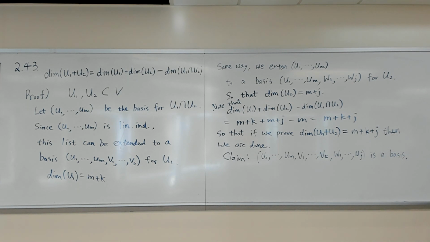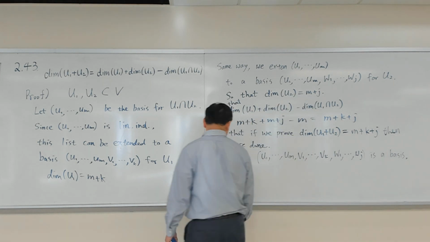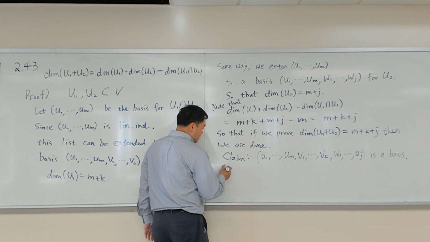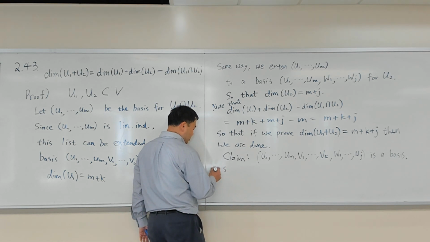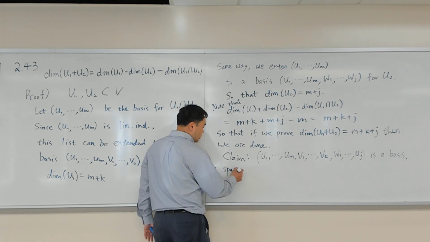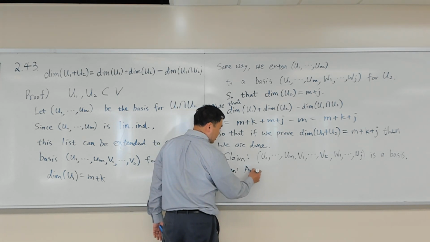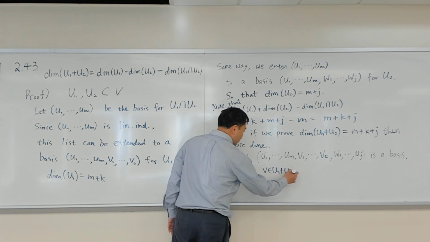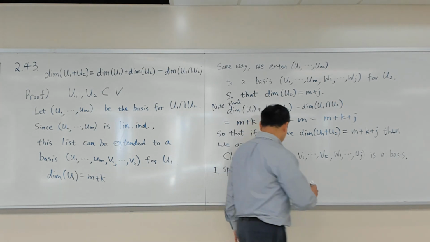What are two things that you have to show in order to show it's a basis? Linearly independent and spans the space. Okay, so let's first think about the span. Number one, span. Well, any v in U1 plus U2 is of the form